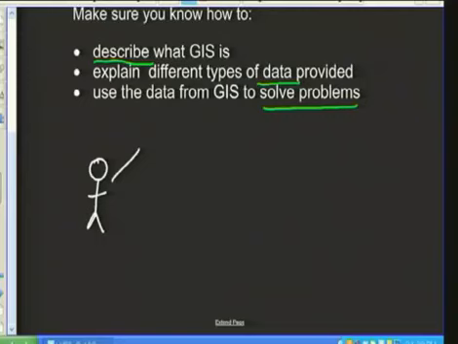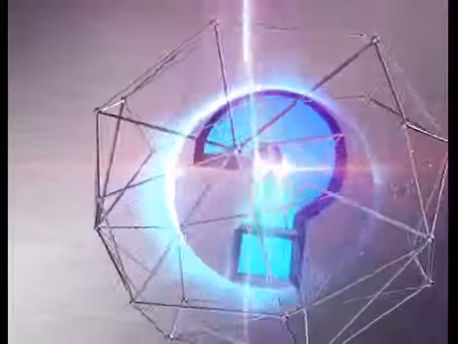So our little person is going to interact with a number of different devices. This can be anything from a cell phone, the little GPS unit in the motor car,